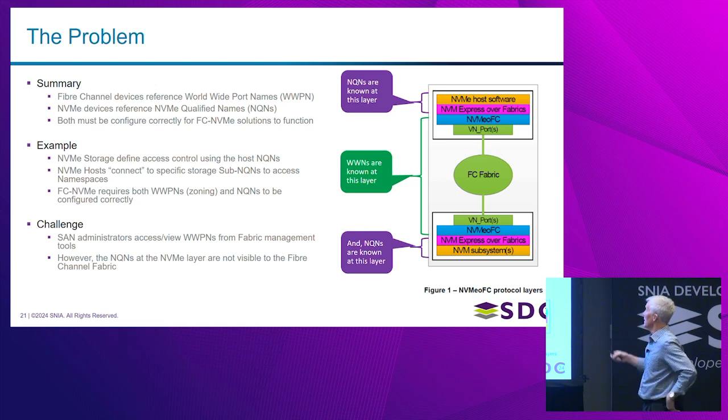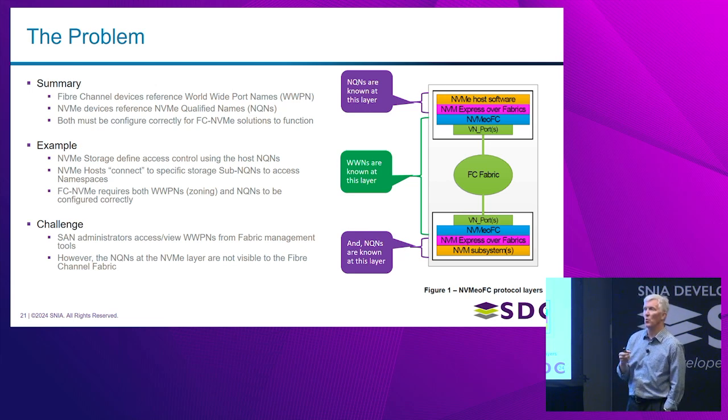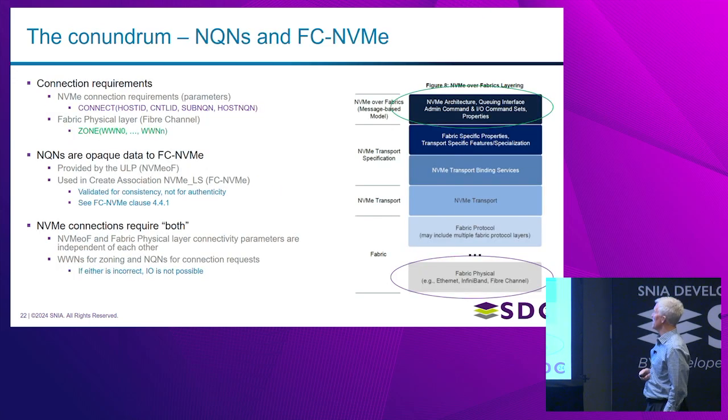that says these WWNs are allowed to talk to each other. That's great. However, in the NVMe space, there's yet another layer of access control, which are the NQNs. The NQNs are required in order for a connection to be established. So you need a host and subsystem NQN required to establish that connection. And they have to know who's allowed to talk to each other. If you don't get those two pieces together, then we start to have trouble. And that's kind of what I'm outlining here.